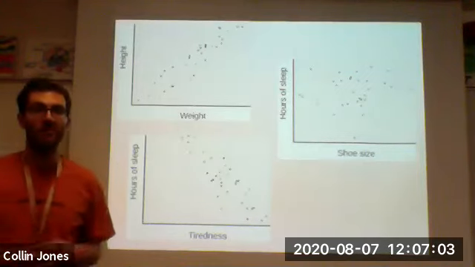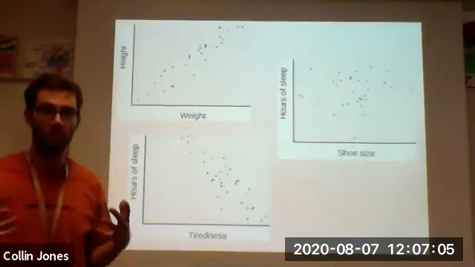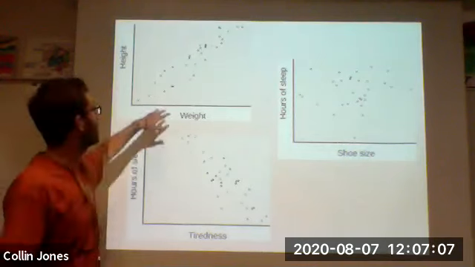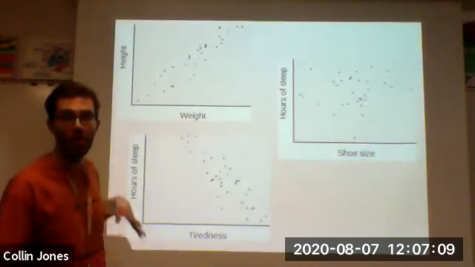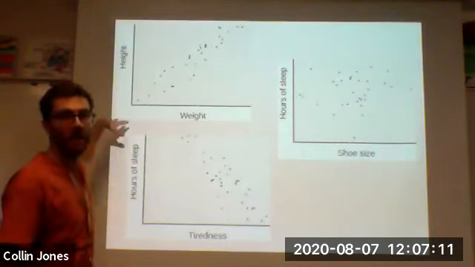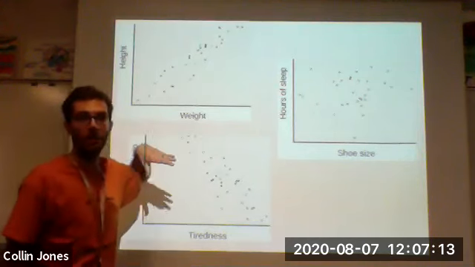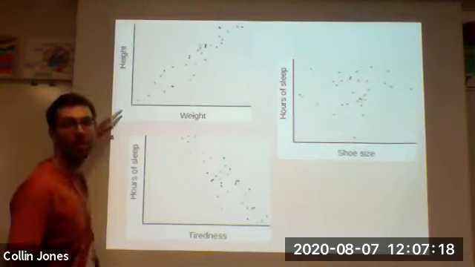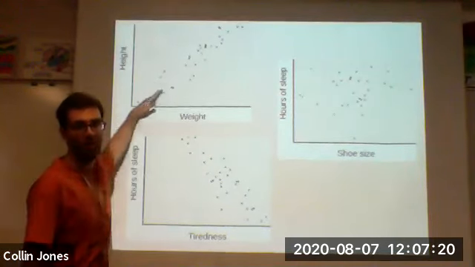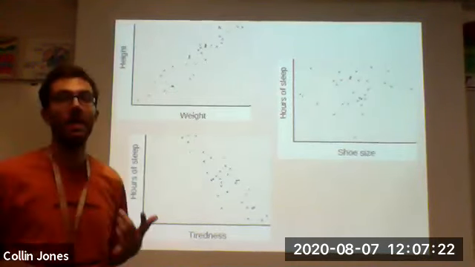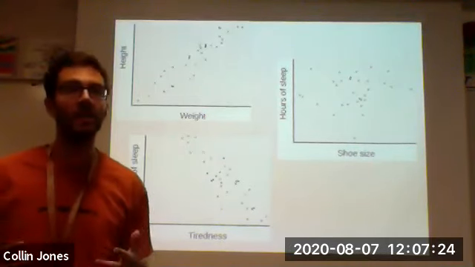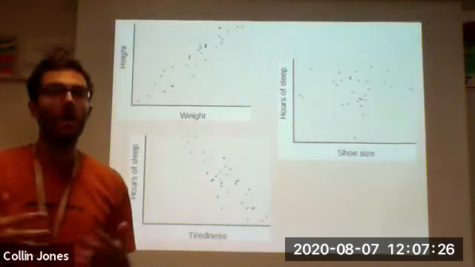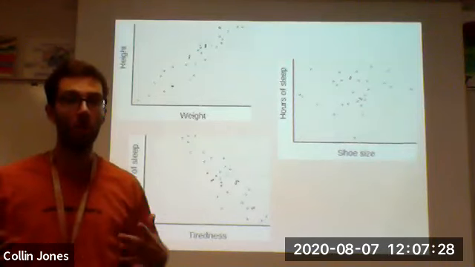So here are some graphs just to help you visualize this in an actual setting with actual variables. Up here you have a chart that they took, each dot represents a person, and they tried to determine how much the people weighed and how tall they were. And what you see here is a pretty positive slope. This would be an r value of 0.8 or 0.9. It looks like these things are related. That makes sense. Someone who is taller is probably also going to weigh more because there's just more of them,